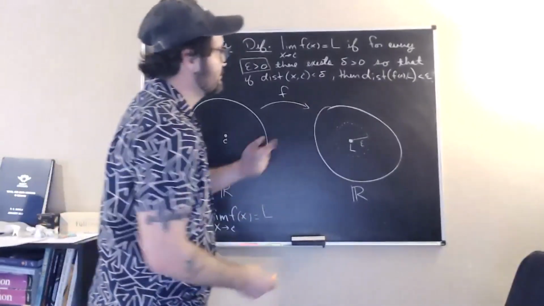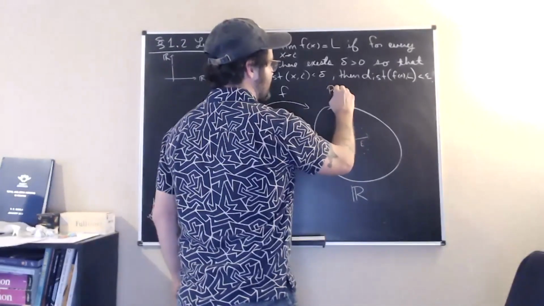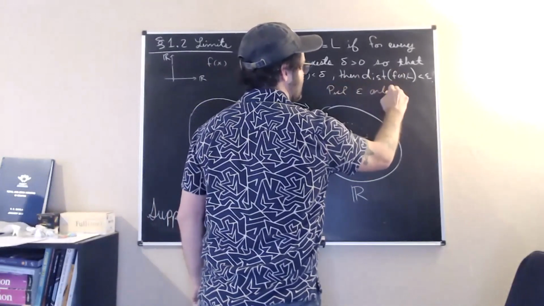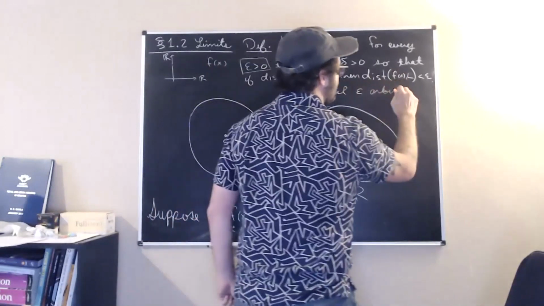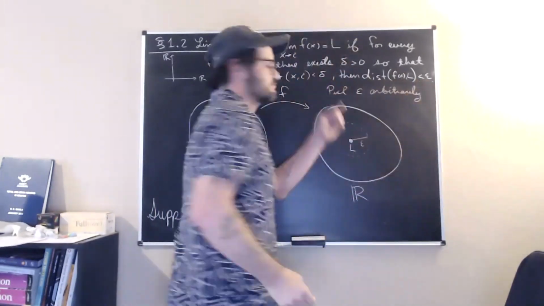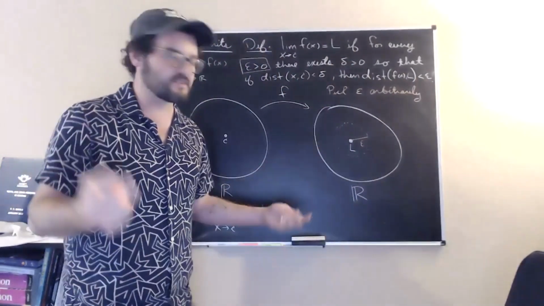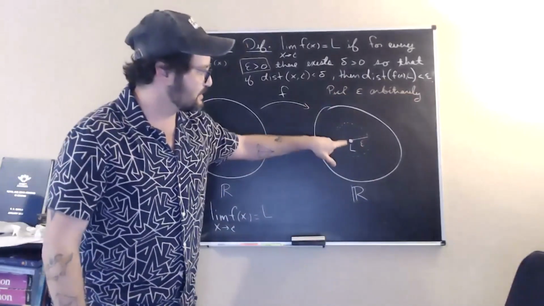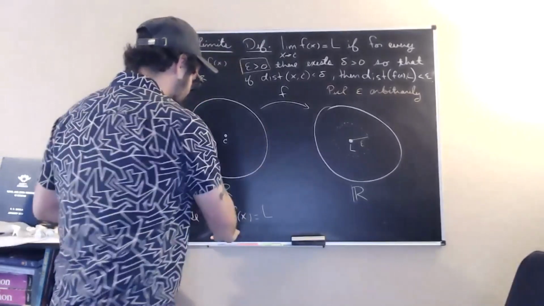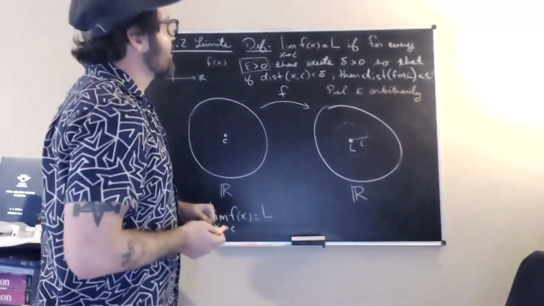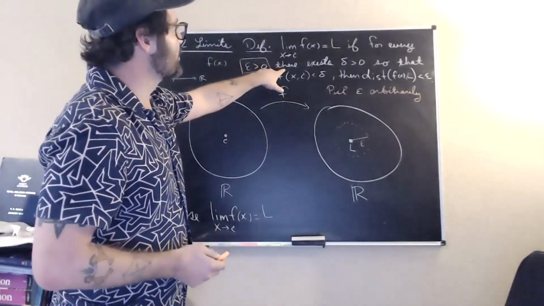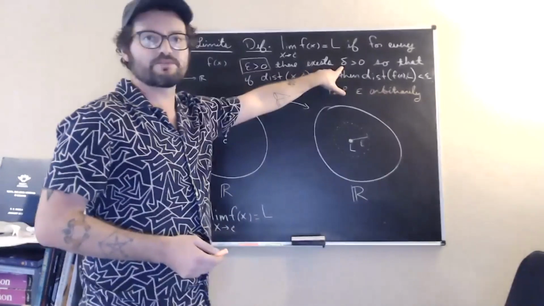Okay, so we just pick epsilon arbitrarily. So just pick some positive number epsilon and make a little ball. So anything that's in that ball is within distance epsilon to L. Okay, so we picked our epsilon. So then there must exist another number delta,